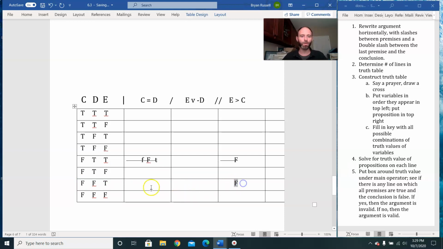I have a false conclusion. Let's go to the premises to see if they're true. If C, on this line, C is false, and D is also false. False, triple bar, false is going to be true,